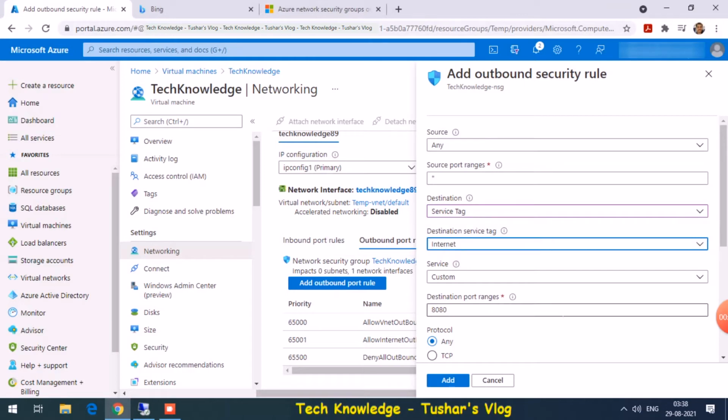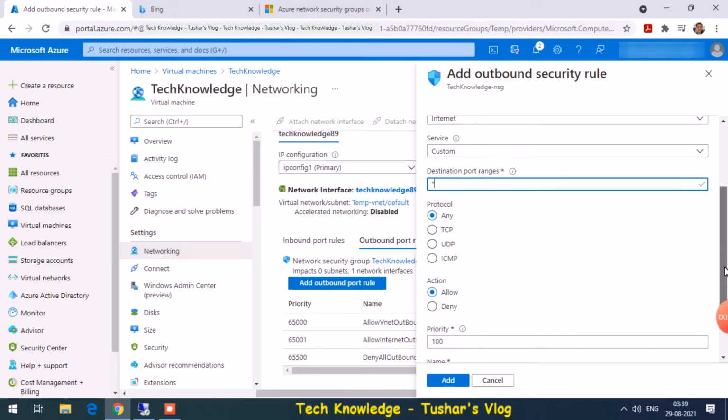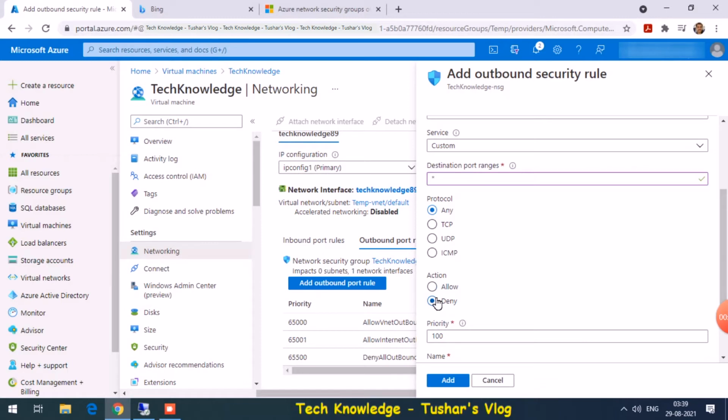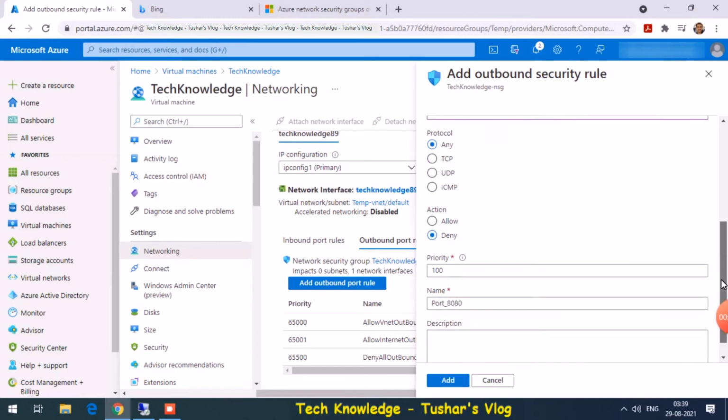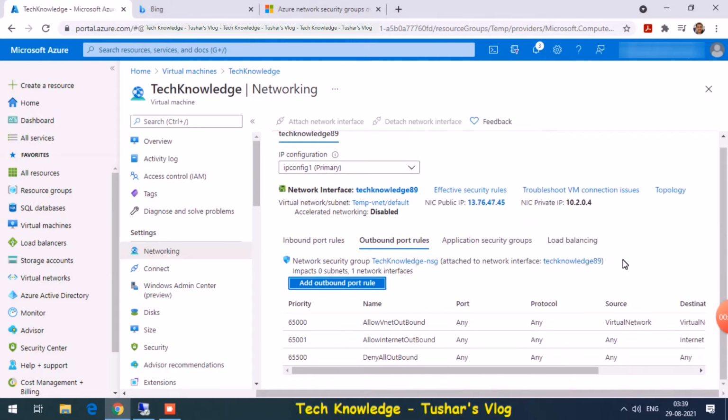And for service, you can just choose star. And this we are going to deny. Let's name it internet. Okay, this should add one more rule.